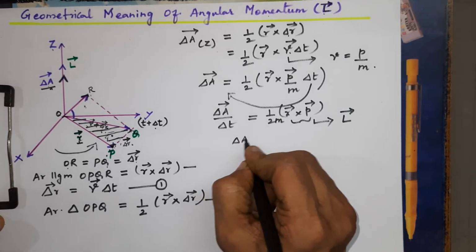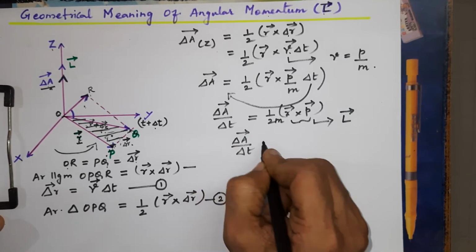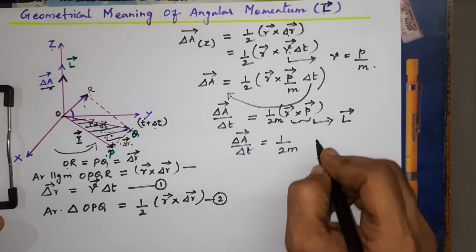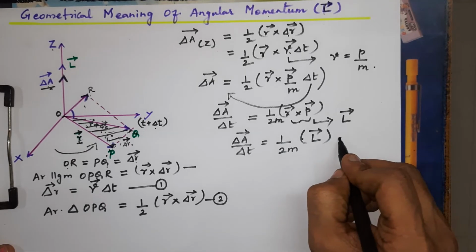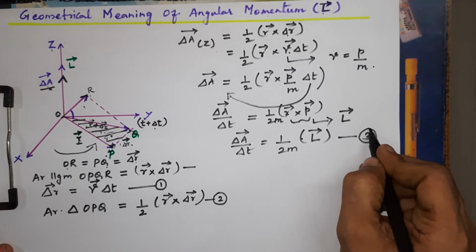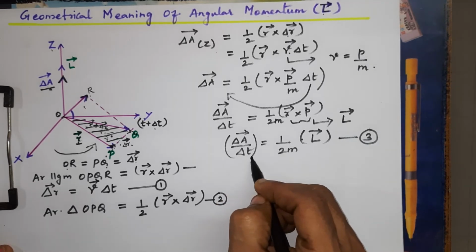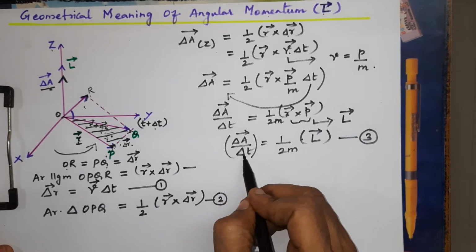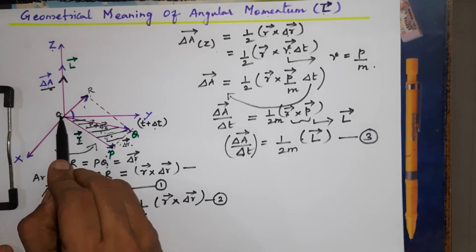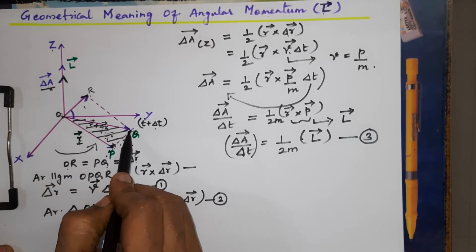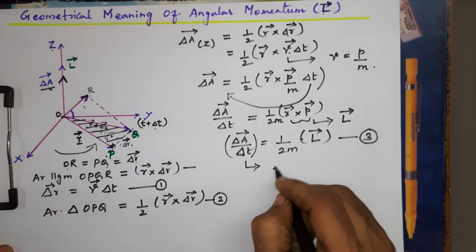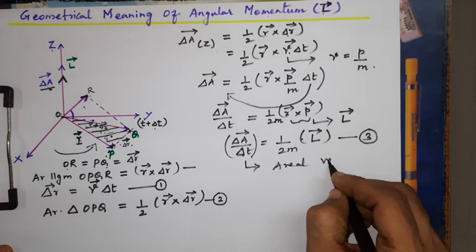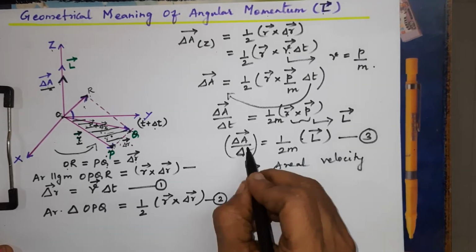And still we write here delta A upon delta T is equal to 1 upon 2m times the angular momentum. We can say in this order. We can let this be equation number 3, which will tell you what delta A by delta T is. It is nothing but dA by dt, where A is the area swept by the rotation of the particle along the xy plane. So the resultant is obtained along the z axis, called here the areal velocity, because it is the rate of change of area.